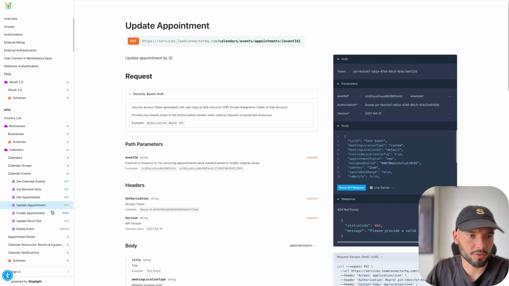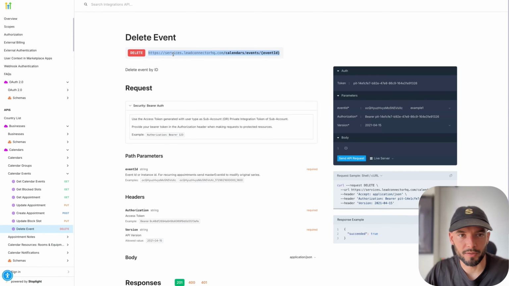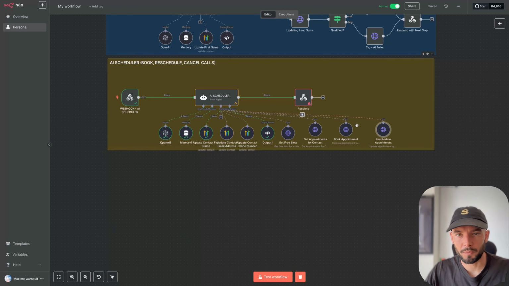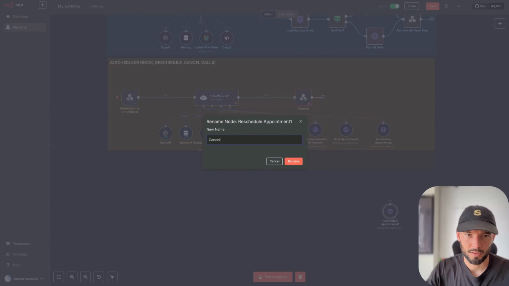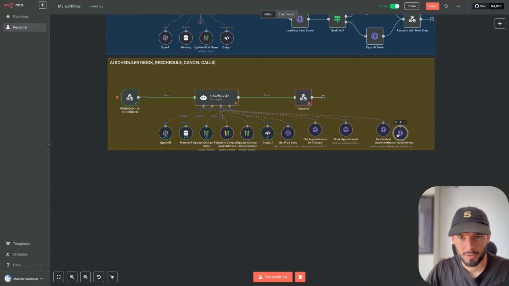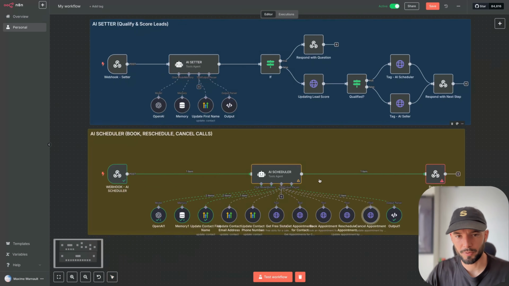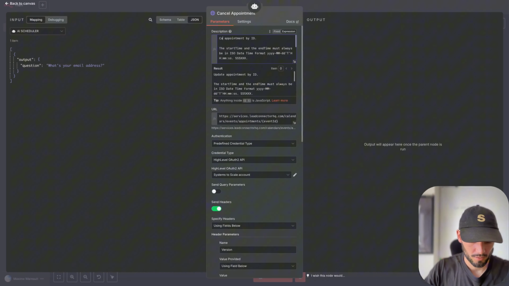And the final one is going to be delete an event. So this is going to be the cancel appointment. So we're going to duplicate this. We're going to rename this cancel appointment. And as usual, we're going to connect it to the AI agent. We can clean all of this up and we can say cancel an appointment